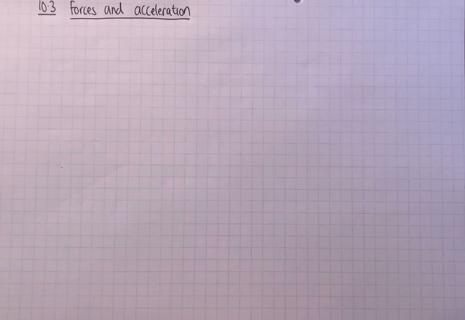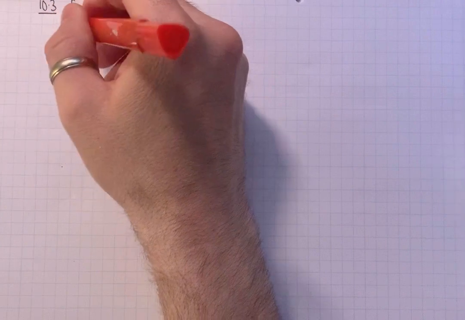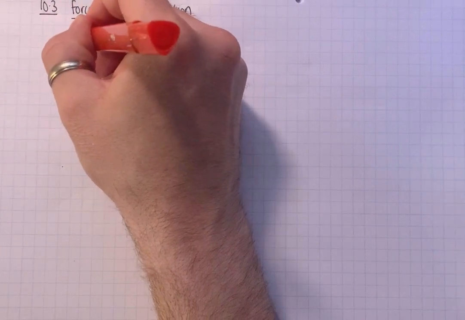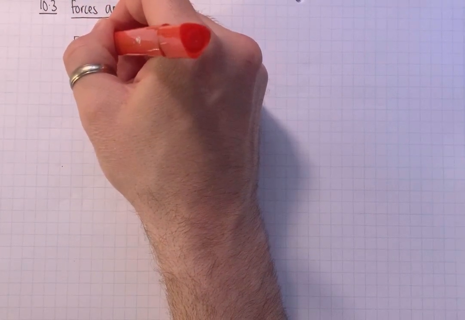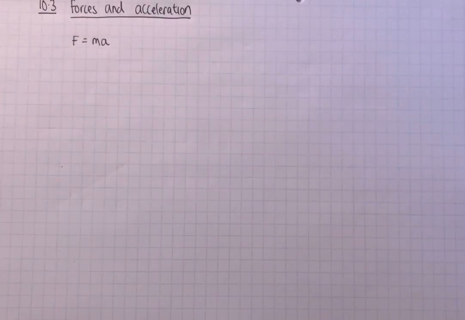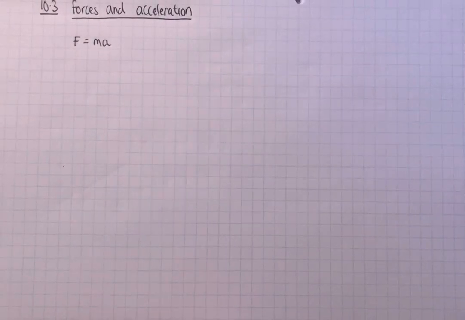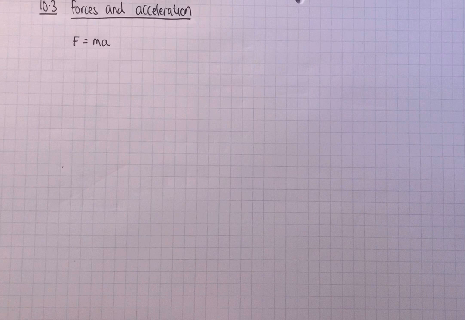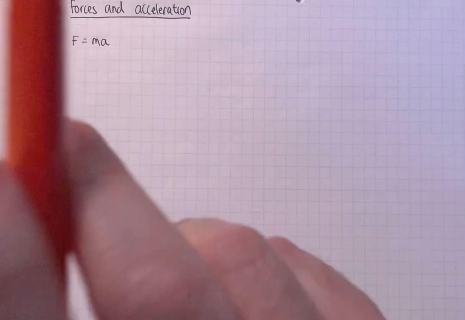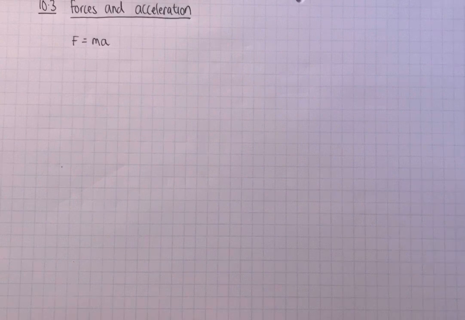The third part of this chapter is forces and acceleration. Here we're going to use Newton's second law that states that resultant force must be equal to mass times acceleration. And we've shortened this to F equals ma. Now, if an object is falling freely under gravity, so falling down to the ground, it will accelerate at a